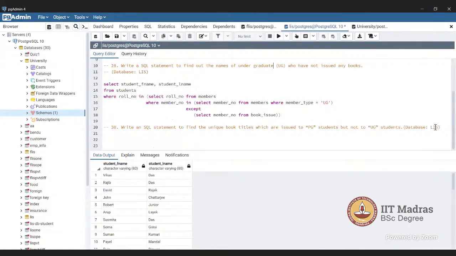So this is the last question. Write a SQL statement to find out the unique book titles which are issued to PG students but not to the UG students. So how to approach this question? First we find out the books issued to the PG students, right? And also find the